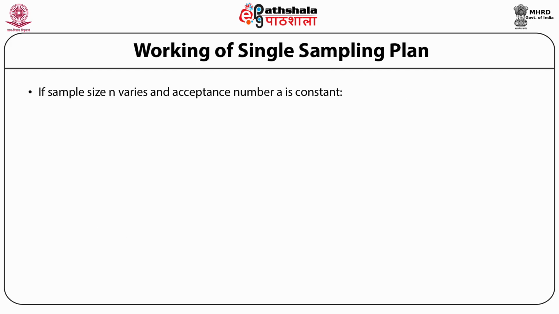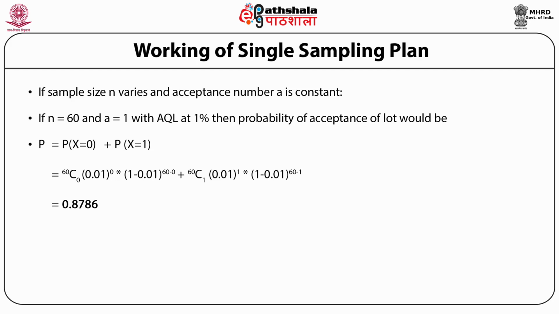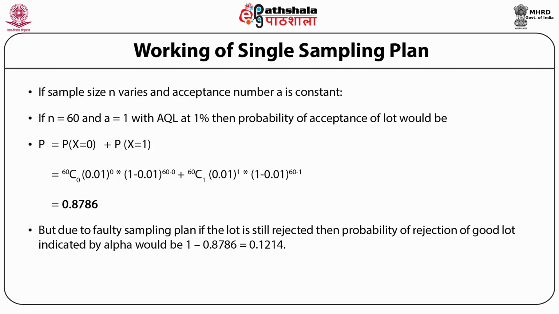If sample size n varies and acceptance number A is constant, if n equal to 60 and A equal to 1 with AQL at 1%, then probability of acceptance of lot would be P equal to Px is equal to 0 plus Px is equal to 1. By putting in the formula, it comes to be 0.8786. But due to faulty sampling plan, if the lot is still rejected, then probability of rejection of good lot